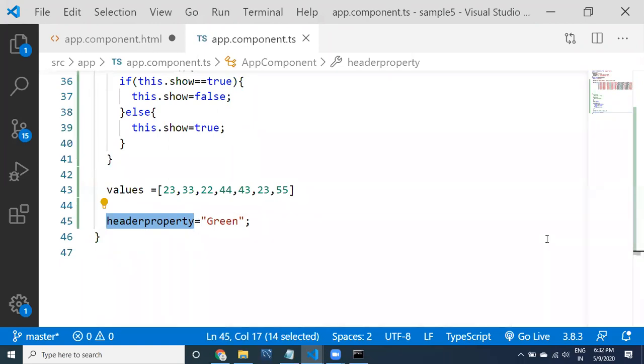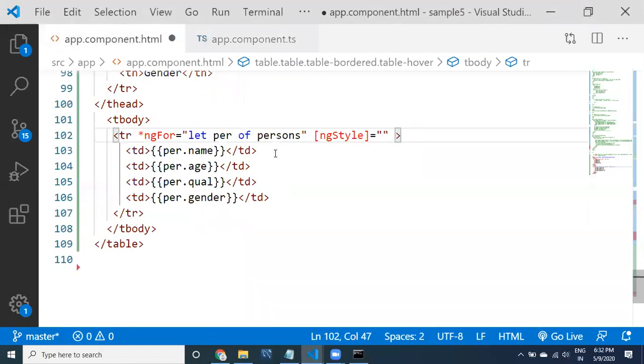Fine, let us go to the html file again. Now I'm not using any properties here. I'm going to use this template input variable, this is pr. Here what I will do is color. I'm going to apply color for this color. For this color, what value do I want to apply? If age is greater than, see here guys, p dot age is greater than